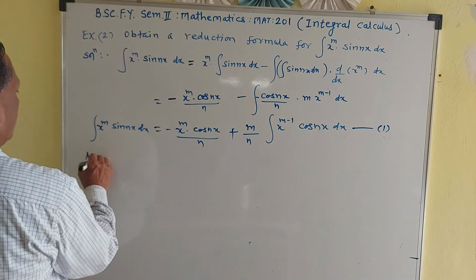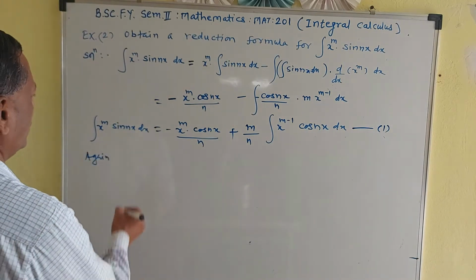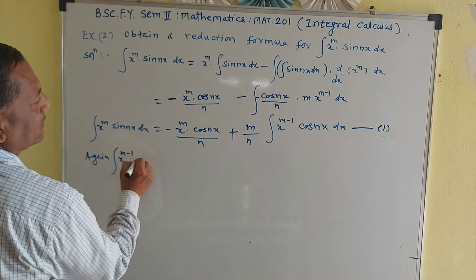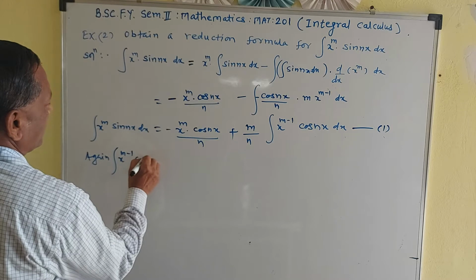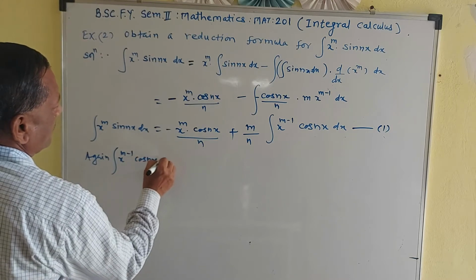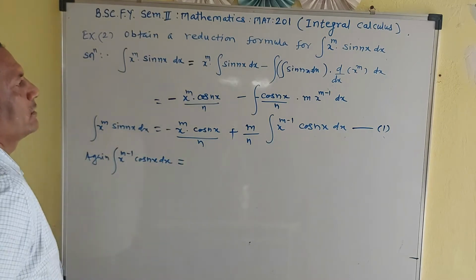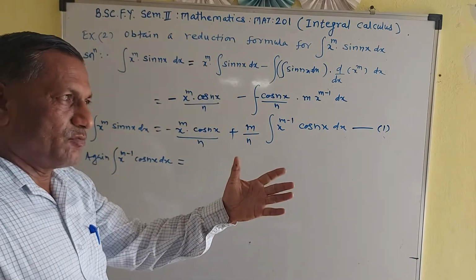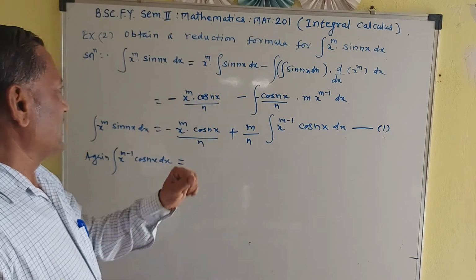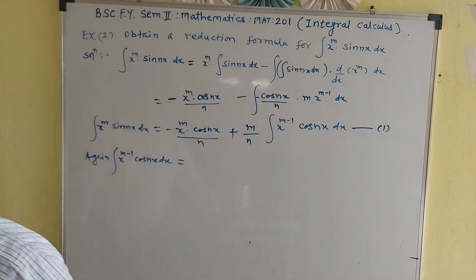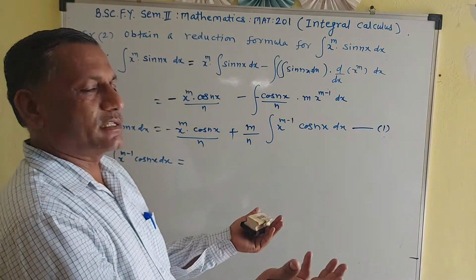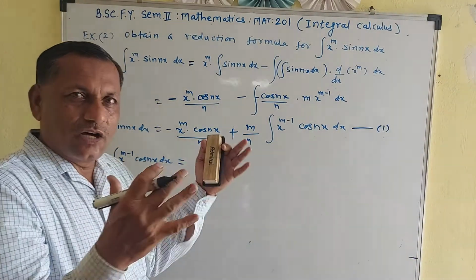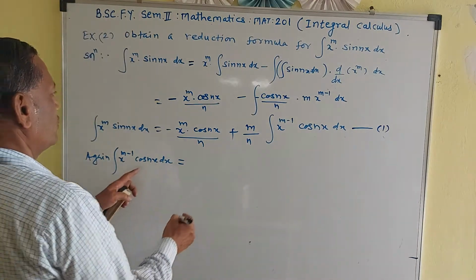Again, making use of integrating by parts, you have integration of x raised to m minus 1 into cos nx dx. So you remember that integration of sin x is minus cos x and integration of cos x is sin x. Derivative of sin x is cos x and derivative of cos x is minus sin x. Integration and derivative are reverses of each other. So again,